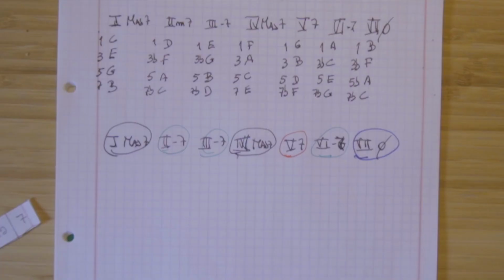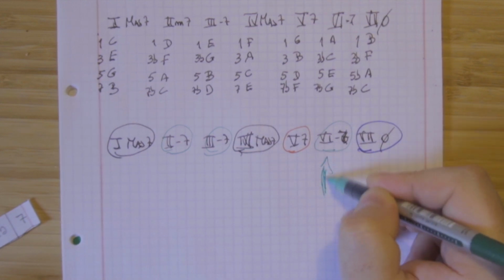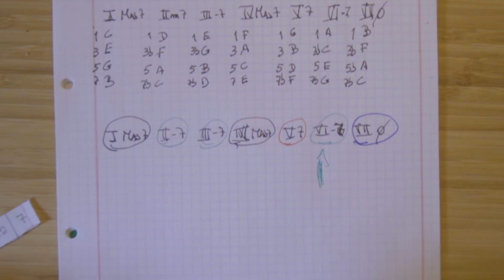Another great thing of this is that we only talked about a major diatonic scale. What about the minor, are you asking? Well, the minor is related to the major, so it's exactly the same as the major, but with a little twist. Have you heard about the relative minor? I hope you had. If you haven't, there's no problem. So the relative minor, every major scale has a relative minor, every minor scale has a relative major. And the relative minor is exactly the 6th degree of the scale.